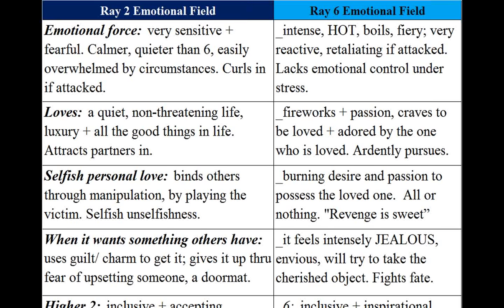Whereas the ray 6 field, which most people are on, are usually the perpetrators, and they're the ones that go out and hurt and beat up and do all these sorts of things because their desire just absolutely overwhelms and clouds their judgment and their mind. That is the real negative of the powerful emotional field. It gets so intense and can overwhelm consciousness with its desire and passion so fully that the mind is clouded and it gets confused, and it starts to get hooked into the belief and the intensity and the desire